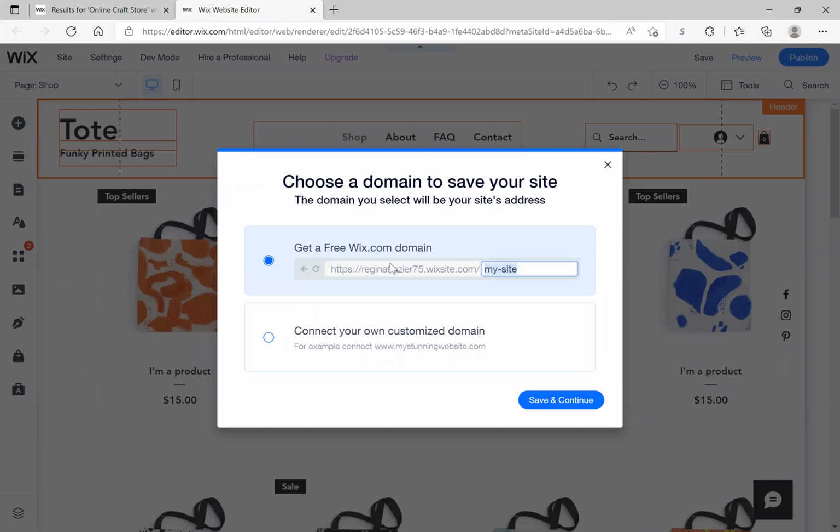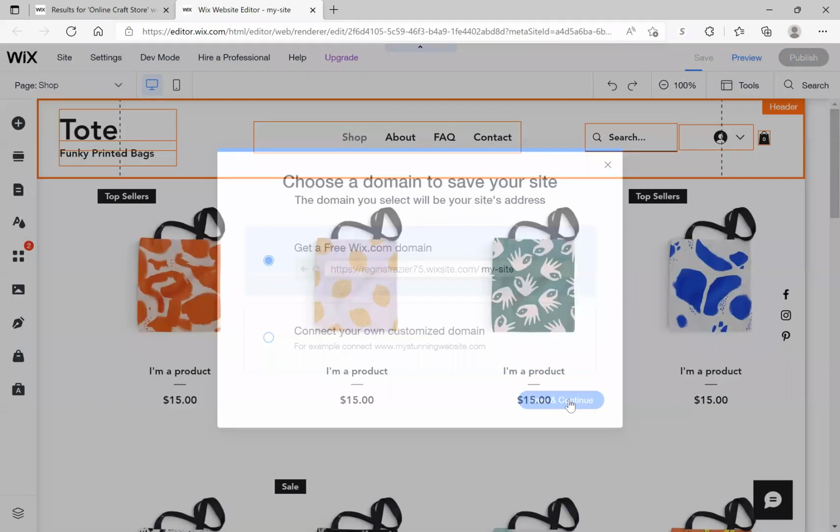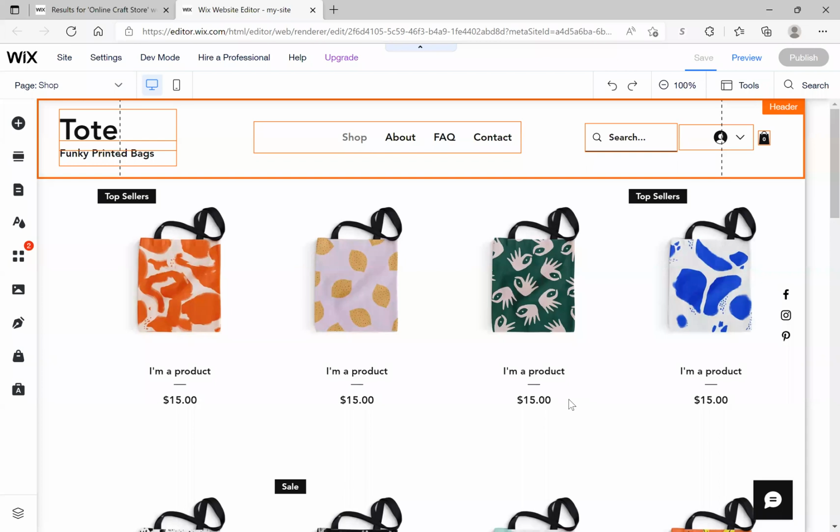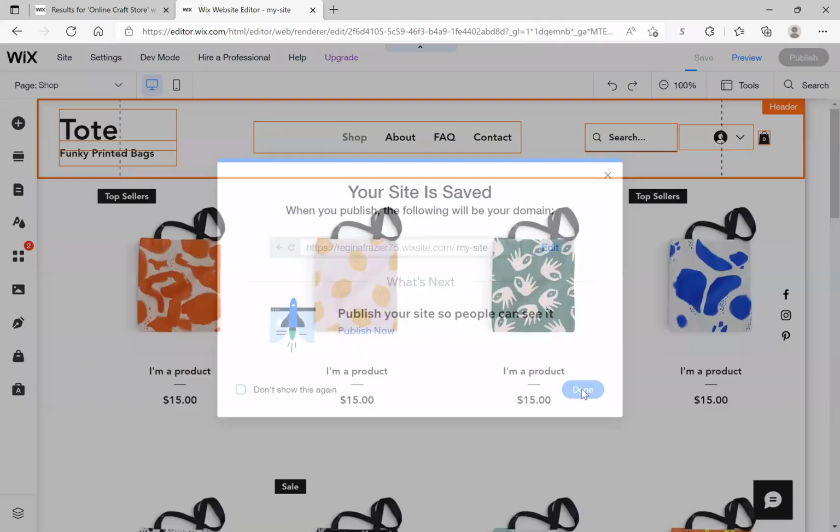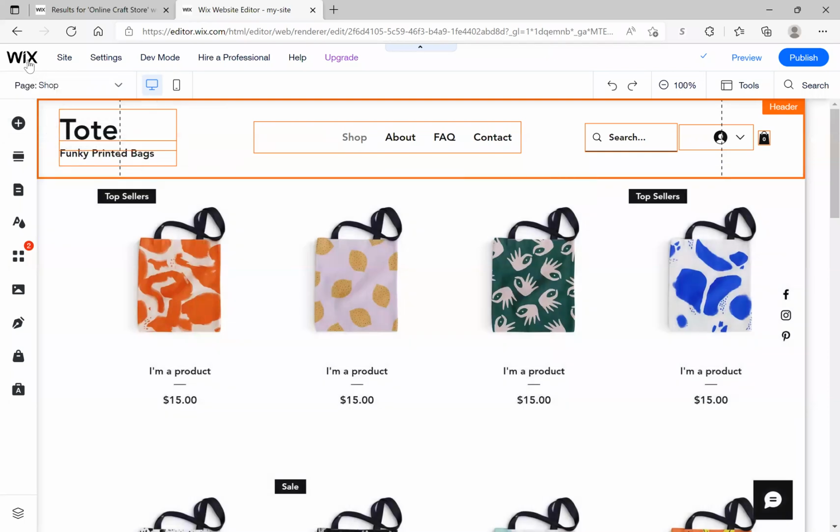Wix will give you a free domain, or you can go out and purchase your own domain. Right now, I'm just going to let it do the Wix domain. But I will go out there and purchase a twobeansblanks.com or what have you, right? That's when you want to connect your own custom domain, when you've gone out and purchased how you want your URL to display for your business. So I'm just going to select save and continue. Okay, and select done there. Okay, so now when I hover over Wix again and select go to dashboard,